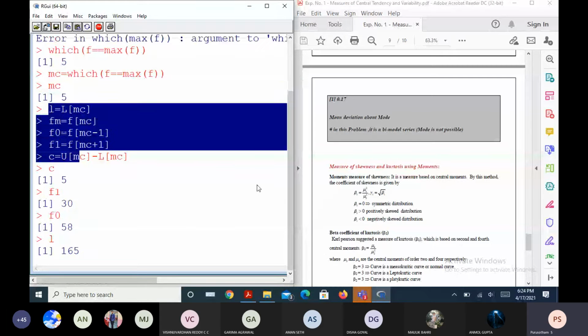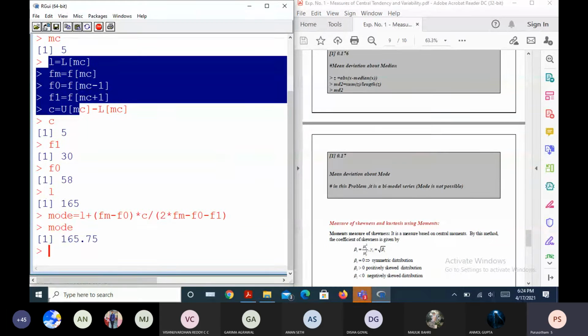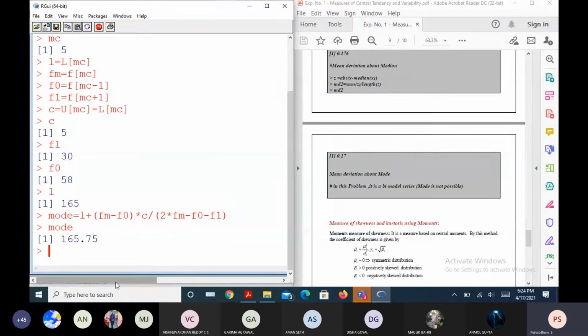Sum of frequency into the mid values square divided by n, is one thing, minus mean square, right?